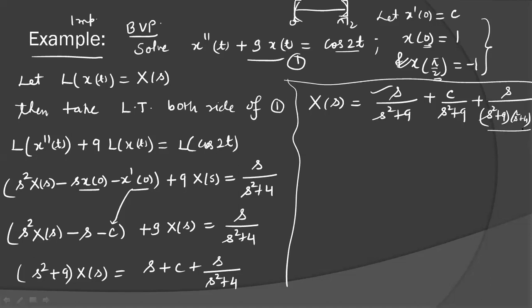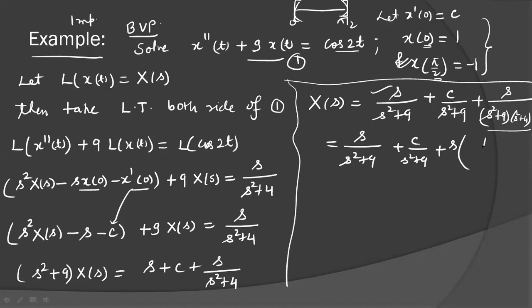But when a and b are distinct, here a is 3 and b is 2, we have a shortcut method. Let's see what the shortcut method is. This is a very important shortcut method I am going to tell you. Keep s outside